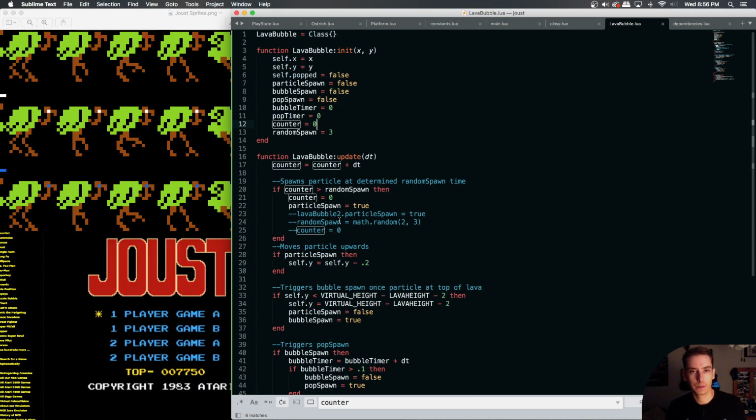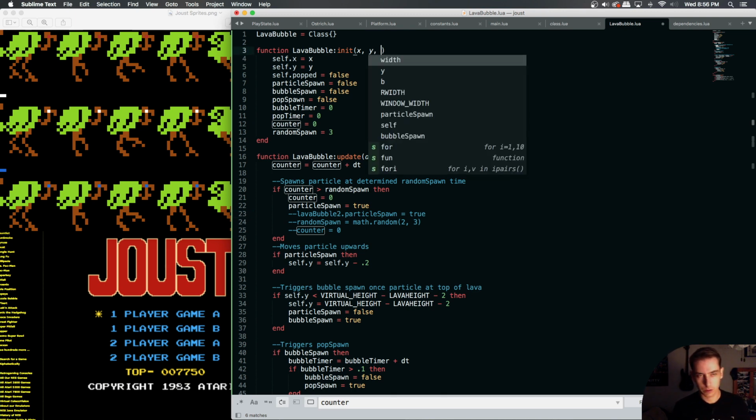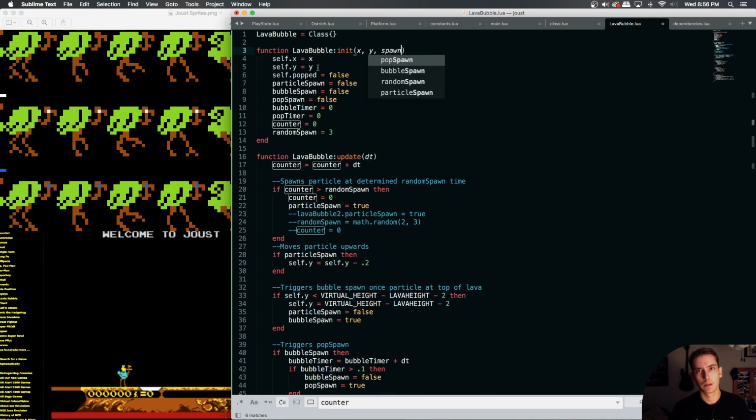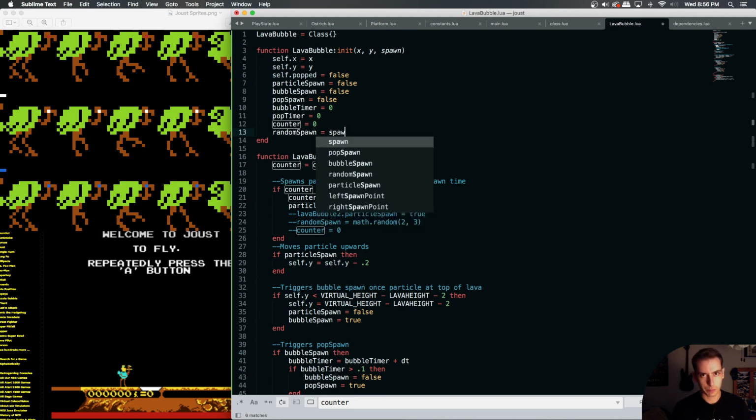Okay. So I'm thinking we require a third parameter called spawn, and random spawn gets whatever that parameter is,